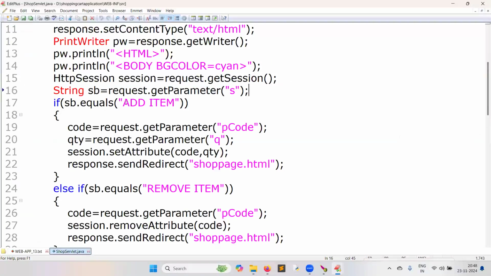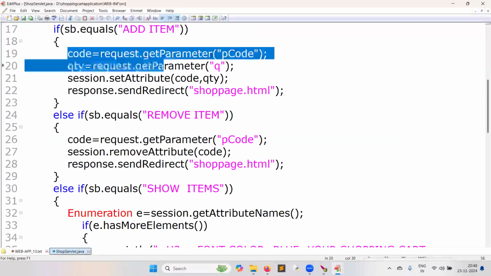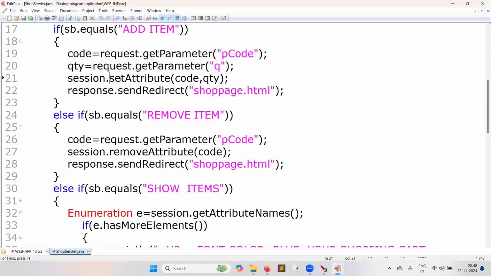If the user clicks on add item, capturing the code, capturing the quantity using request.getParameter, storing into the session object with setAttribute, and giving the same page to the user.